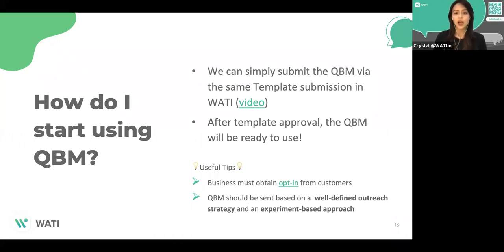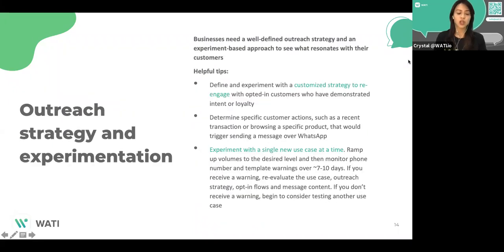And secondly, the quality-based message shall be based on a well-defined outreach strategy and also an experimental-based approach. So what I mean by that is that you should be making the message customized, and also with,